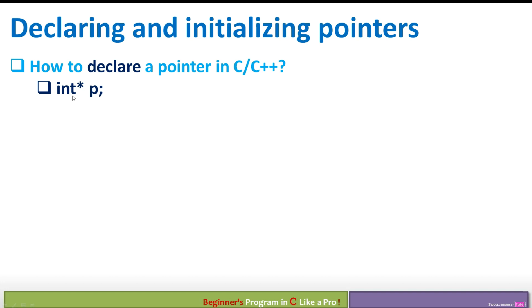There are multiple styles for how you declare a pointer. One such style is to say the type followed by the star immediately, space, the variable name. This style is actually encouraged by Bjarne Stroustrup, the inventor of C++. Or you can declare it this way, integer space star P. They're the same for the compiler. In fact, if you put as many spaces as you want, the compiler is smart enough to understand that this is a pointer. This is mainly for us to understand pointers and to stick to guidelines and coding conventions. I just encourage you to be consistent. And this is the third form that I just mentioned, which is you can do it this way. Pick the one that you feel most comfortable with and start getting used to a certain style.